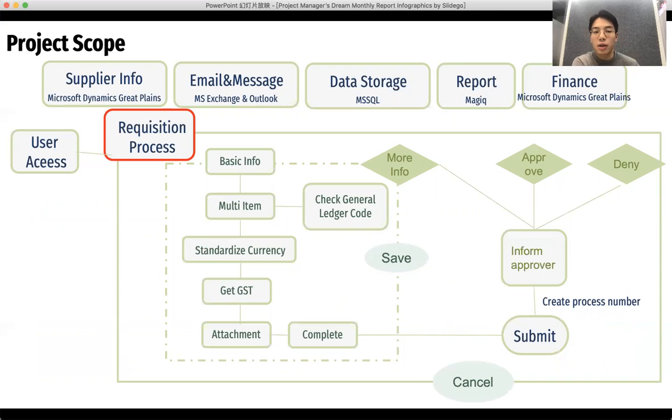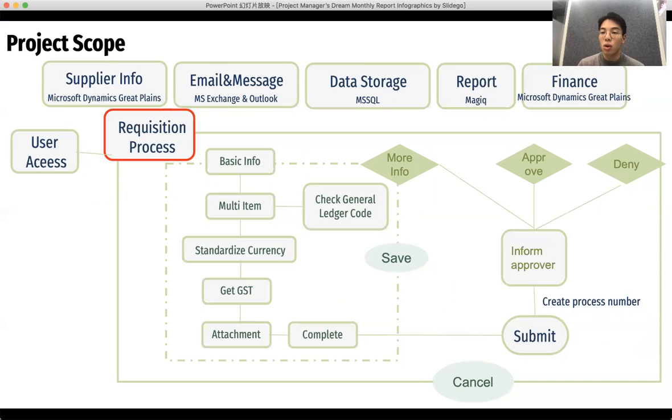The first one is about the users, whether the suppliers have sufficient information to be registered into the system, or the employee has the right authority to log into the system and do the requisition process. So if the user access is accepted, we go to the requisitions